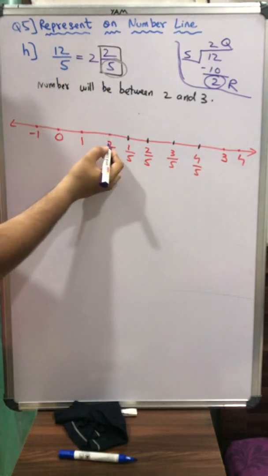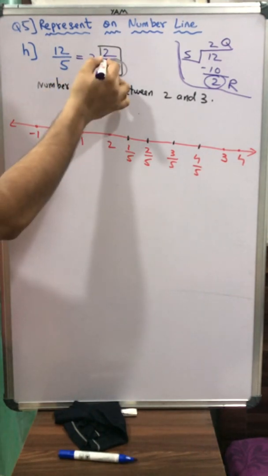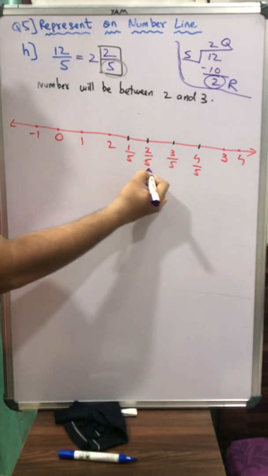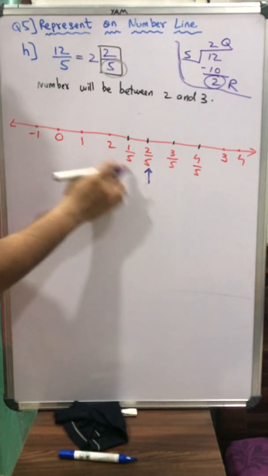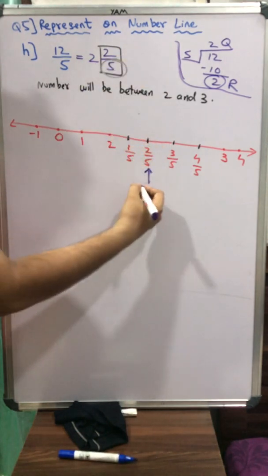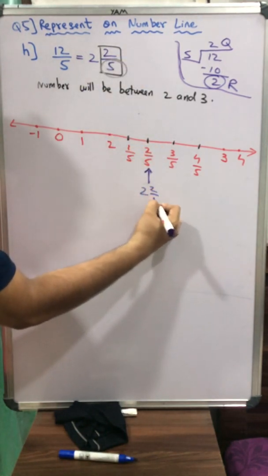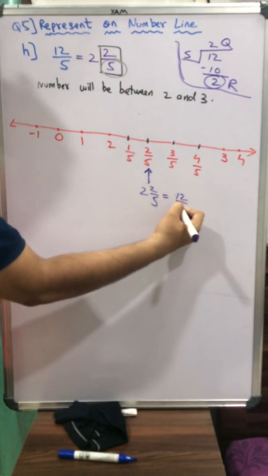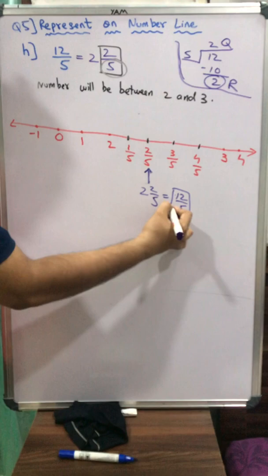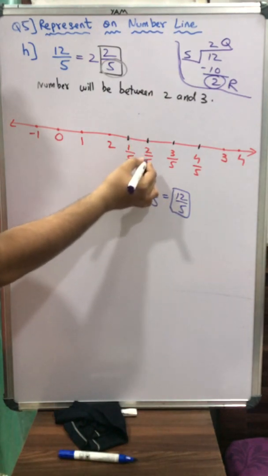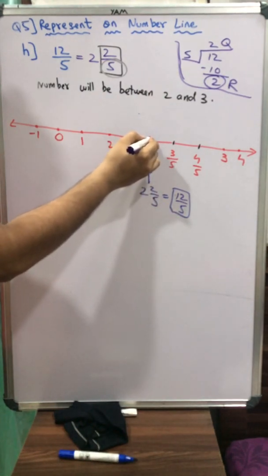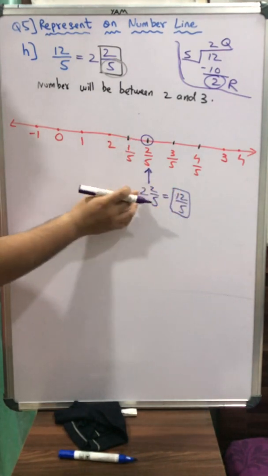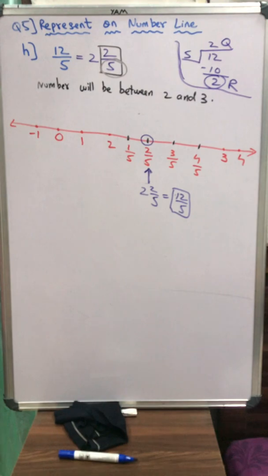2. So 2 to यहाँ पे है. We reached here till 2. Then we want 2 upon 5. Then 2 upon 5 is here. So you have to make here an arrow like this. So 2 plus 2 upon 5, and I always write like this, equal to 12 upon 5, the original fraction. So this is a point. Always encircle it like this. So we have plotted a fraction 12 upon 5, which is 2 2 upon 5 on the number line. Please pause the video and